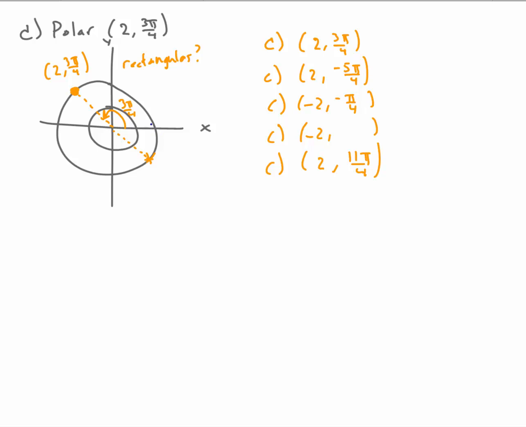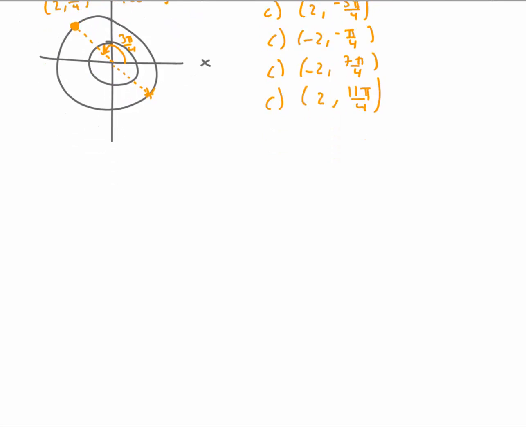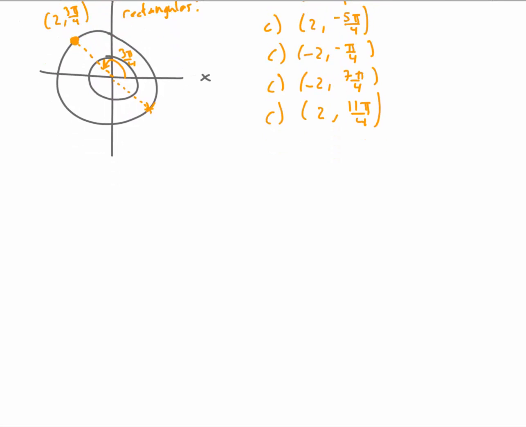And then I could also look at this as 4 pi over 4, 5, 6, 7 pi over 4 as well. So these are all different ways to name the same point in the rectangular coordinate system. And again, for the B and C that we did, it's not real clear to me what the rectangular XY value would be. So let's go ahead and look at how we would convert between the rectangular and the polar